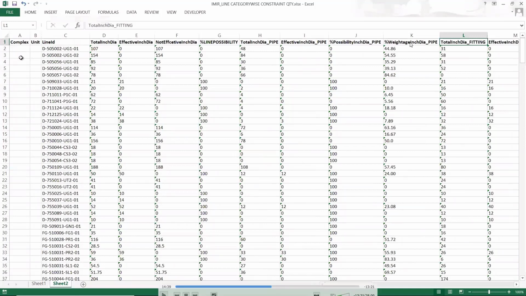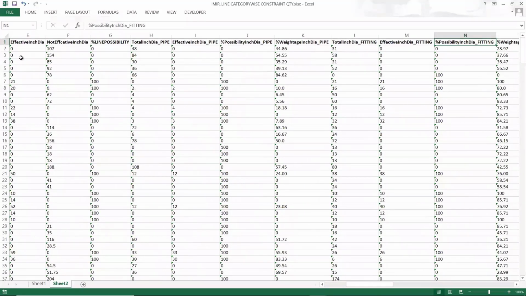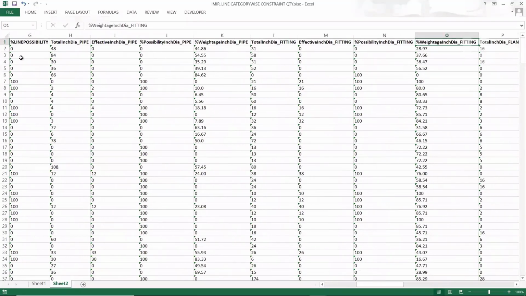For example, on our screen in K column, you can see weighted inch dia of the pipe. 44.86 percentages of the pipe of this particular line are short. So this is the shortage of the pipe. Same for the fitting. 28.97 percentages of the fitting are short only for this specific line. And in the similar manner, we can further check for the flanges.